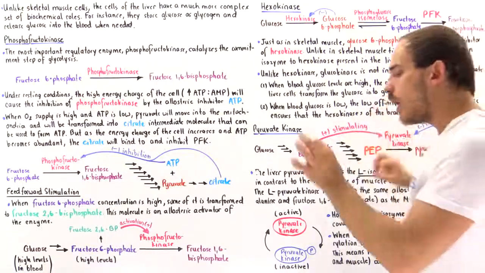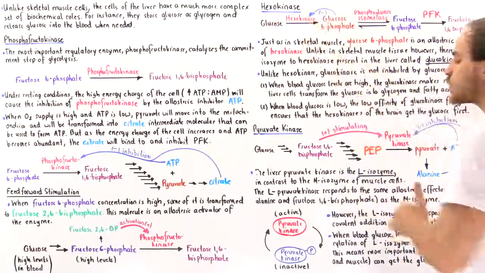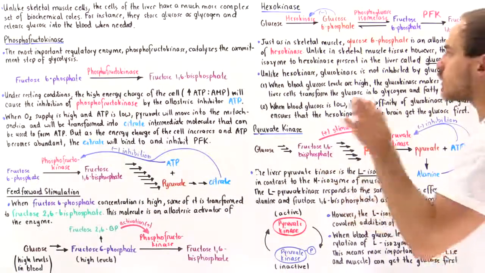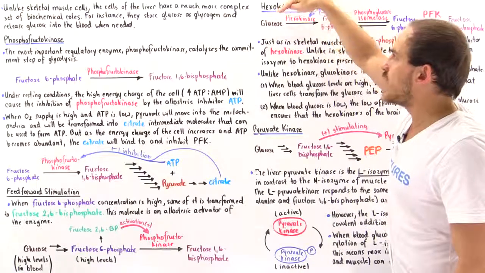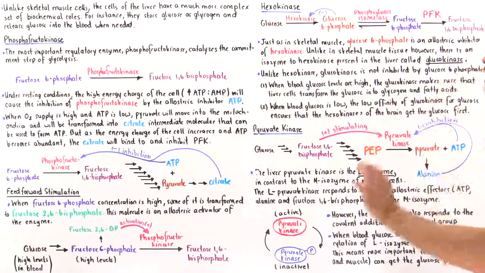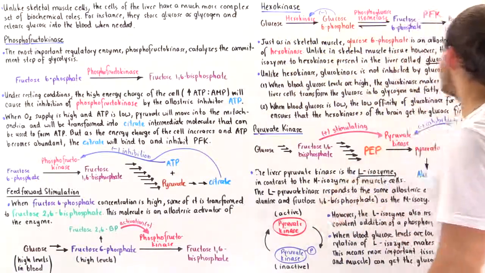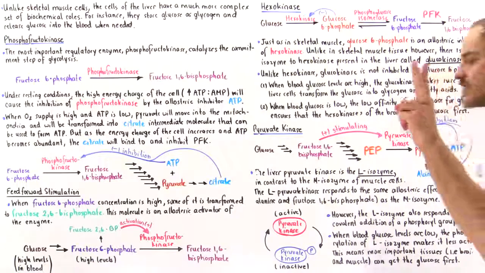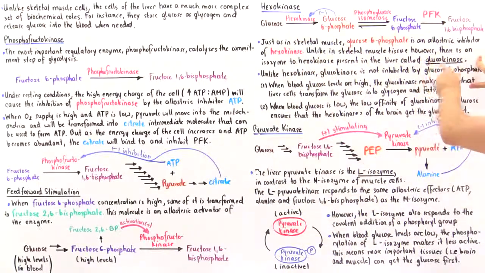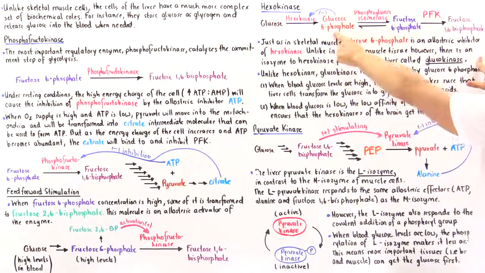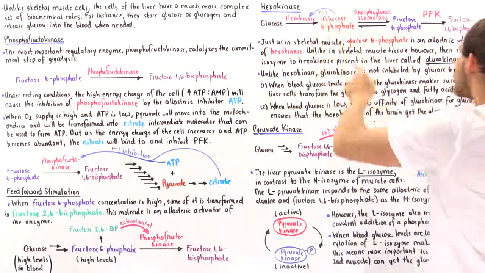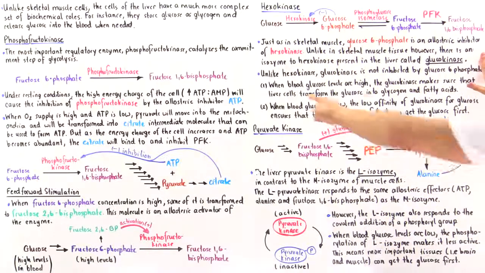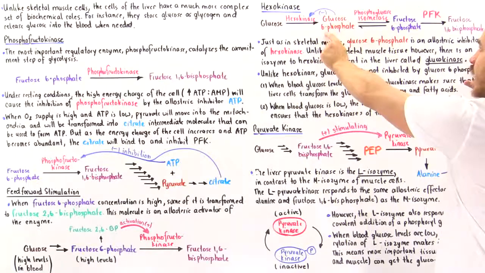So unlike in skeletal muscle tissue, there is an isozyme of hexokinase present in liver cells known as glucokinase. Now, what is the major difference between glucokinase and hexokinase? Well, there are two important differences. Number one, glucokinase has a much lower affinity for the glucose substrate molecule than hexokinase. In fact, hexokinase is 50 times more likely to bind to the glucose substrate than glucokinase. And that will create a very important difference, as we'll see in just a moment. The second important difference is that hexokinase is inhibited by glucose 6-phosphate when the concentration is high, but glucokinase is not inhibited by glucose 6-phosphate. So we see that unlike hexokinase, which is inhibited by high amounts of glucose 6-phosphate,